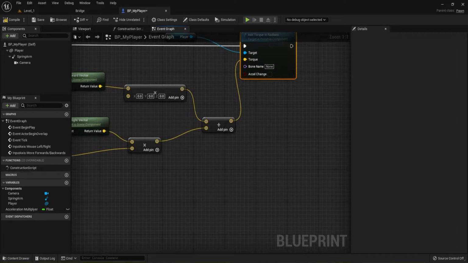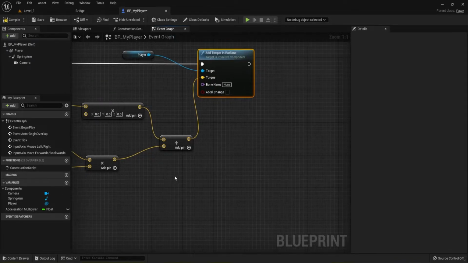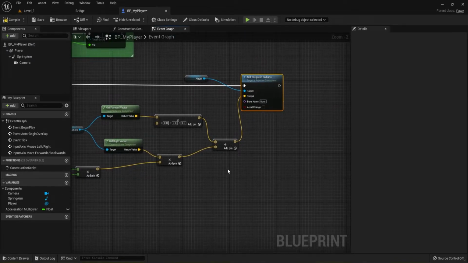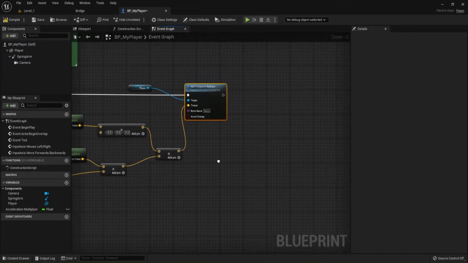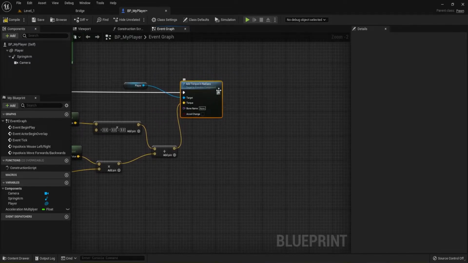Now, there's one other thing we need to control as well, okay? We're going to set all this, but we also want to be able to set a limit for top speed. Okay, we don't want our player to just continually accelerate until they're going so fast that they bust through obstacles and everything else and just go flying through the world. So we're going to set a linear dampening onto this. So if we pull out from this output,